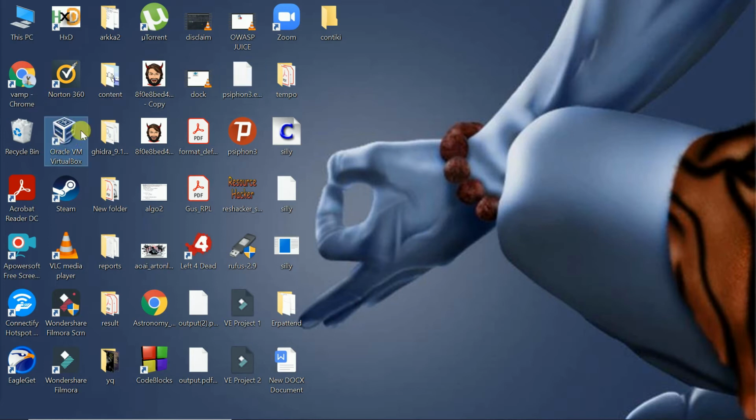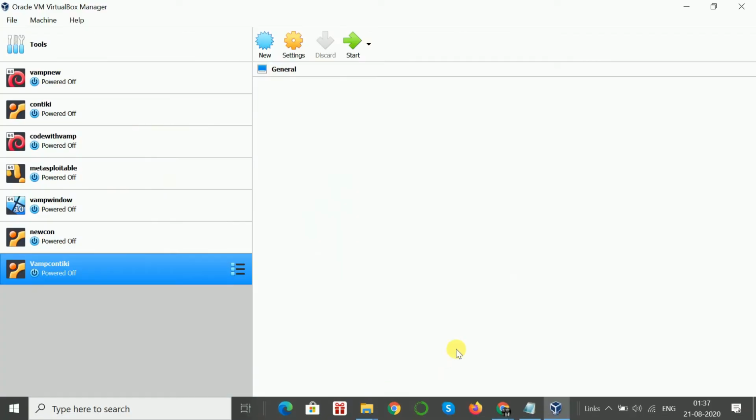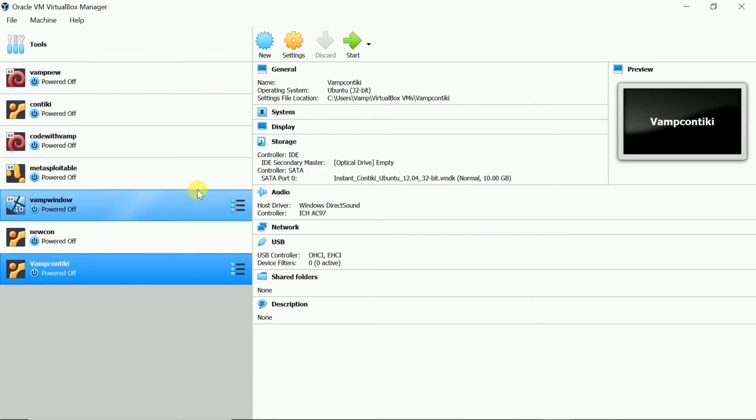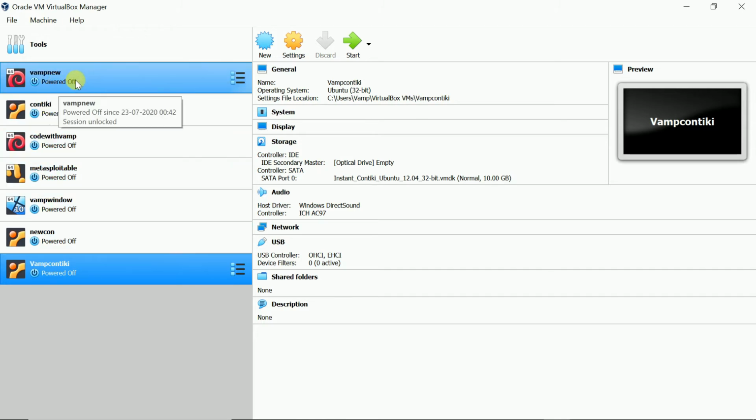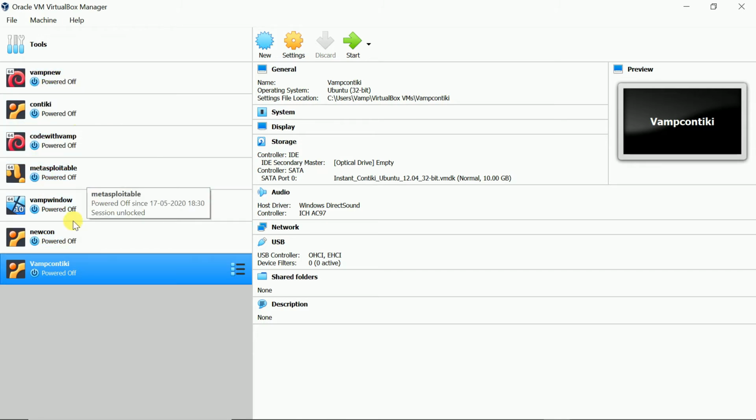Here you can see that I have already installed VirtualBox on my computer. I'm gonna open it. If you have not installed it, you should install it, because that's how it's going to run on your virtual environment. So this is how it's gonna look, this is VirtualBox, and these are the operating systems that are currently installed on my VirtualBox. So I can run multiple operating systems using this VirtualBox here.